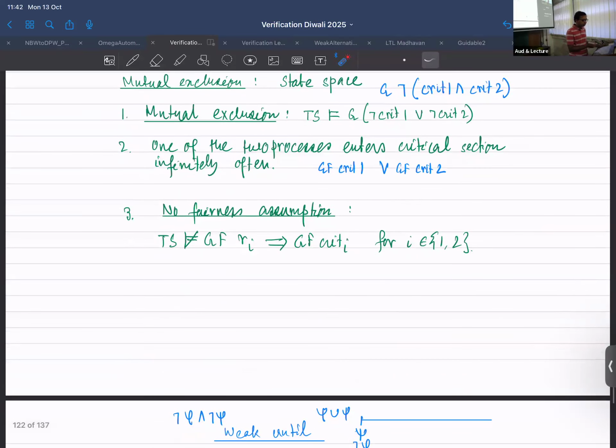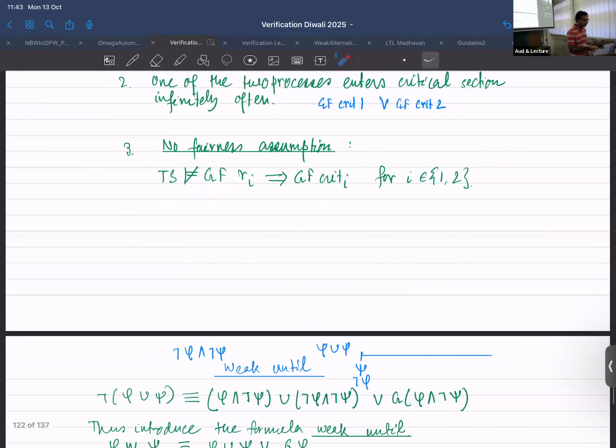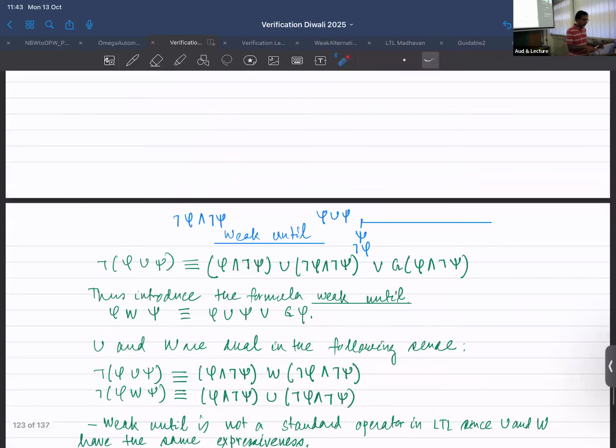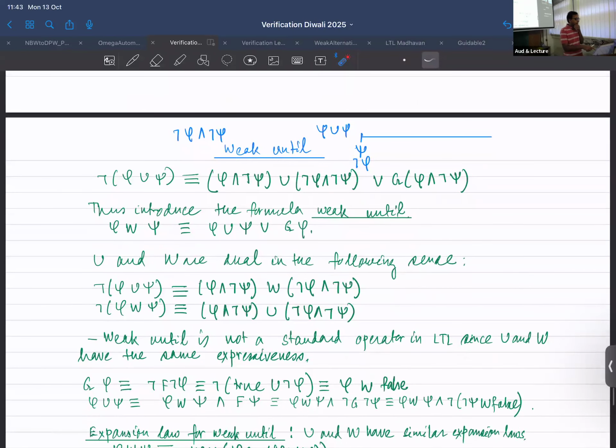Then you can also model, let's say, mutual exclusion properties with LTL. And suppose you want to say that one of the two processes enters the critical section infinitely often. So you can write such properties. But we may not be able to talk about, for example, fairness assumptions, things like that. Okay, and